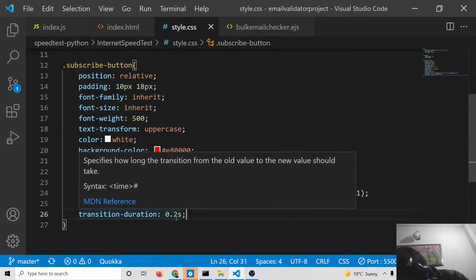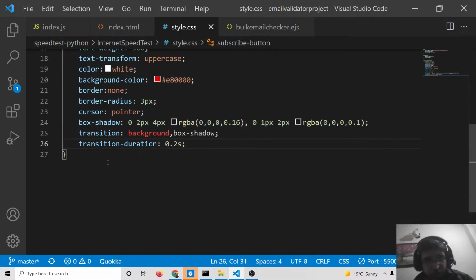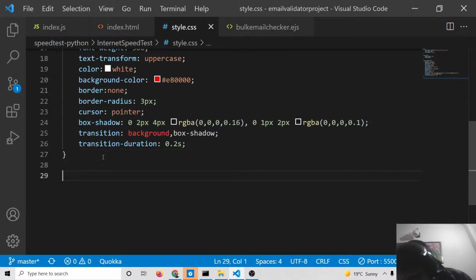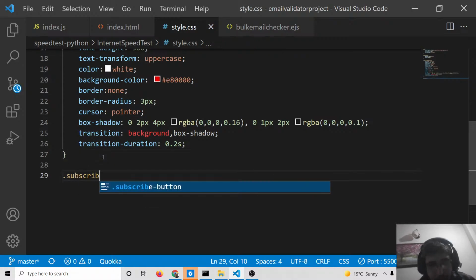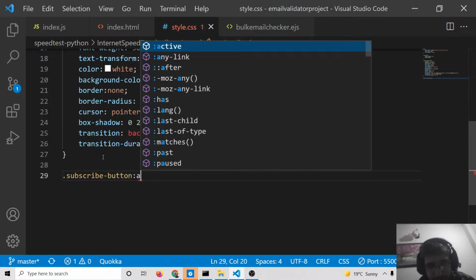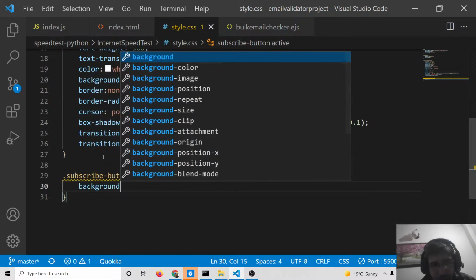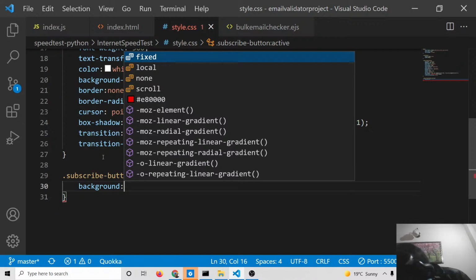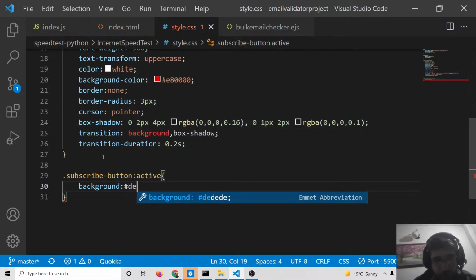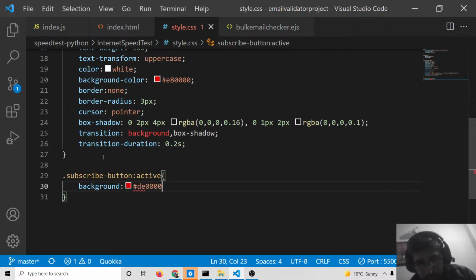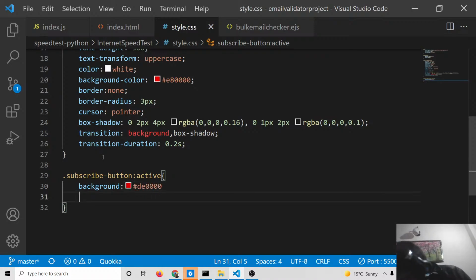After this, whenever the button is active, there is a pseudo class, a CSS pseudo class. We will change the background to this color, which is hash DE0000. This is again a reddish color,